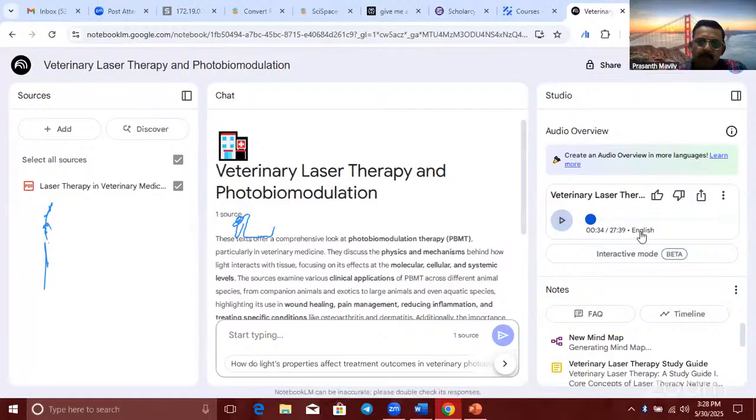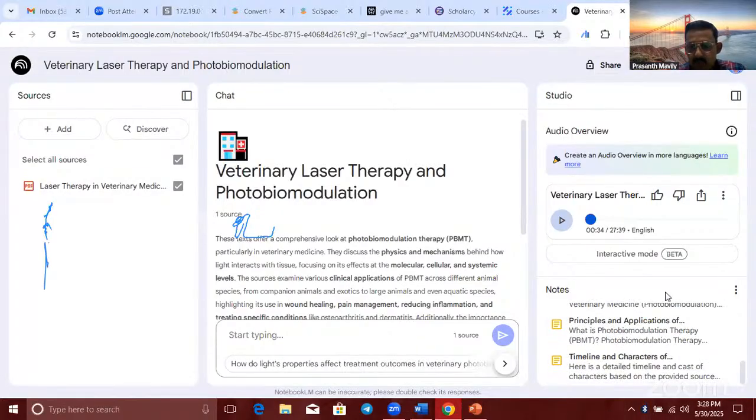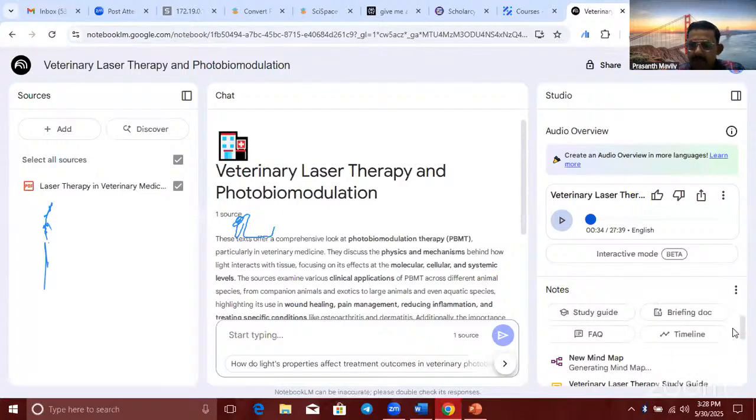Okay, so that's it. This is the only one book I have uploaded. You can upload many sources, not only books, but YouTube video links, PPTs, and compare them and study, make study notes, quizzes, answers, mind maps. We'll come to it later after generating the mind map, and the audio also of that.